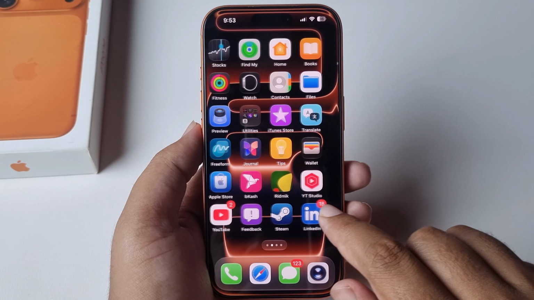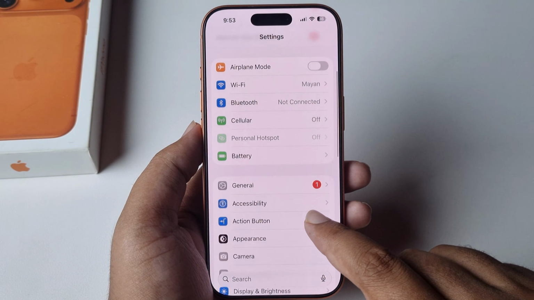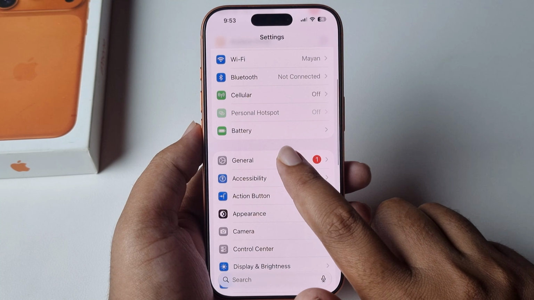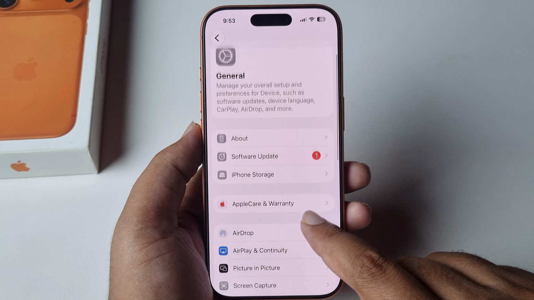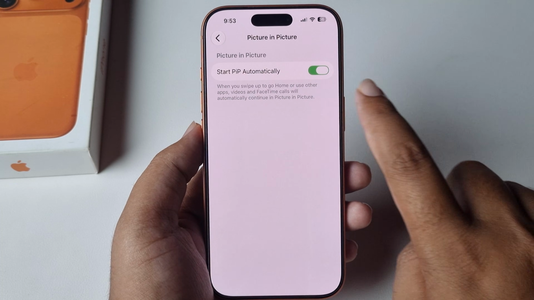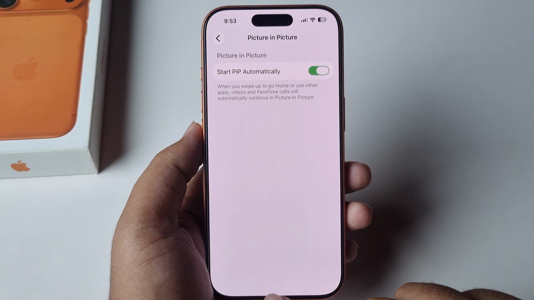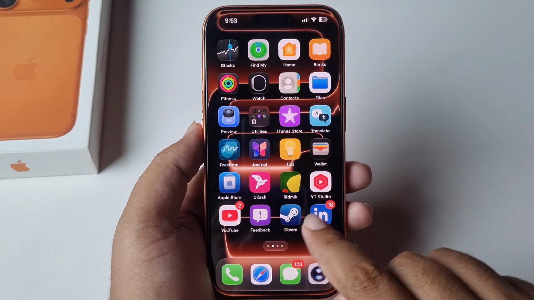So simply just open your settings, scroll down, press on General, scroll down. As you can see, it's showing you Picture in Picture mode. Make sure to turn on this option. Okay, now turn on this option and open YouTube